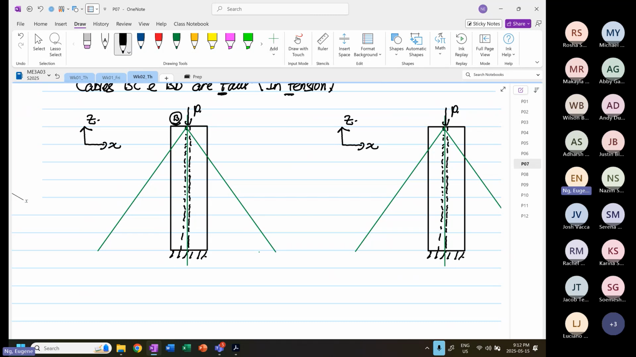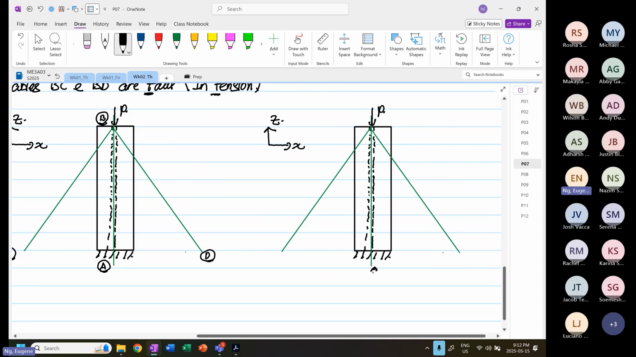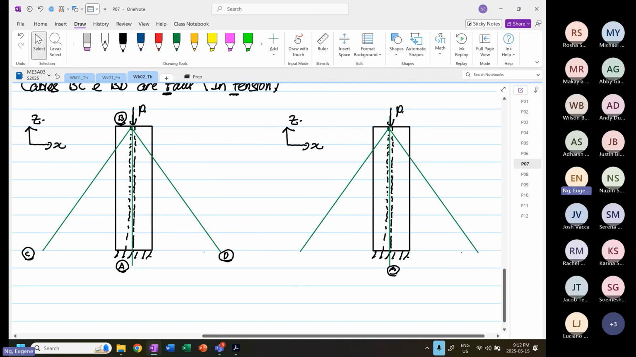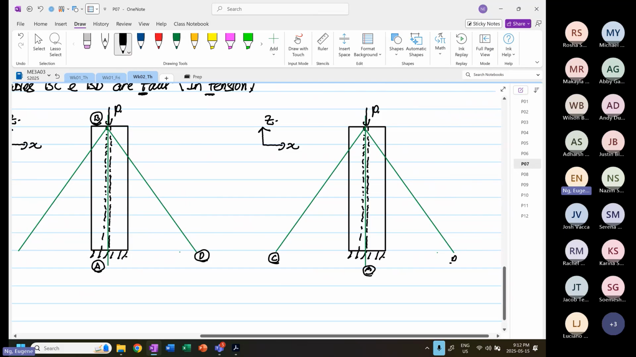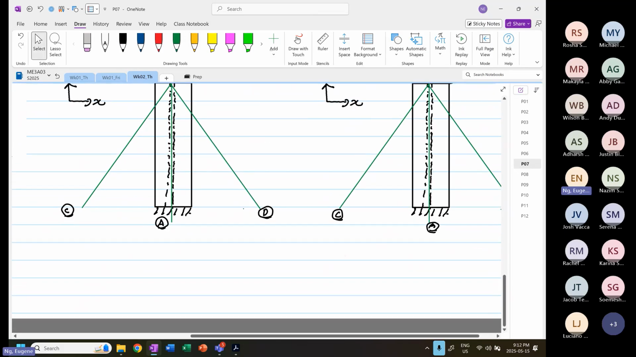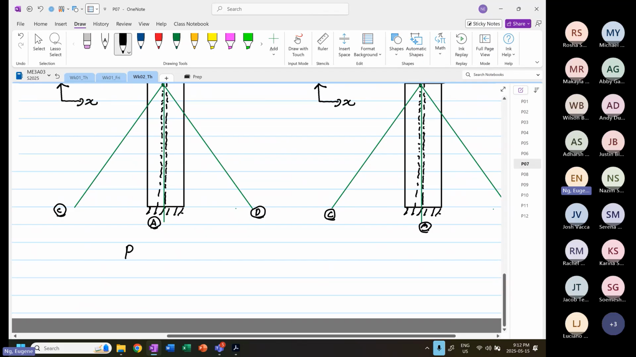This is our point A. This is our point C. And this is our point D. Okay. So likewise, point A, point C, point D, and point B. And if the ropes are in tension,